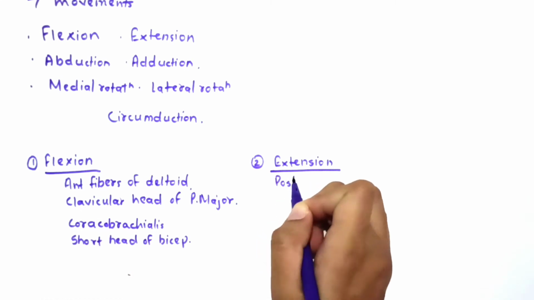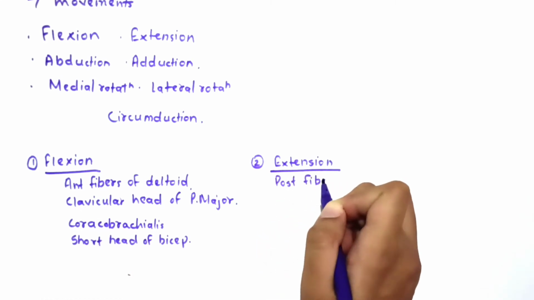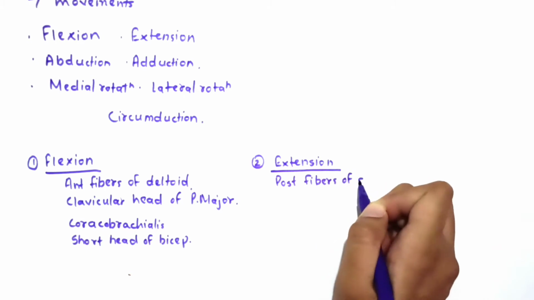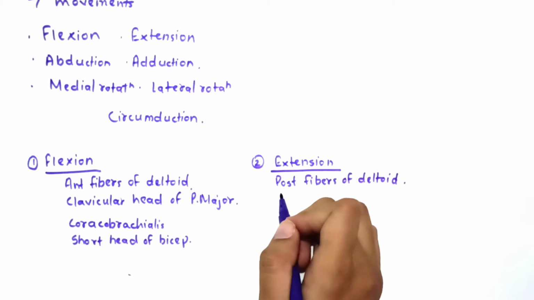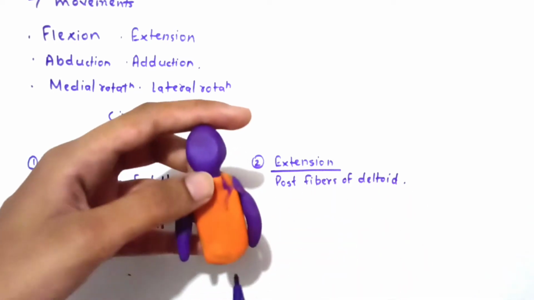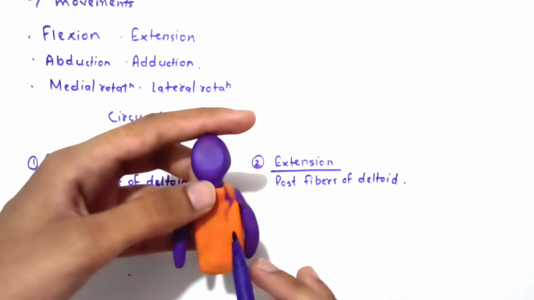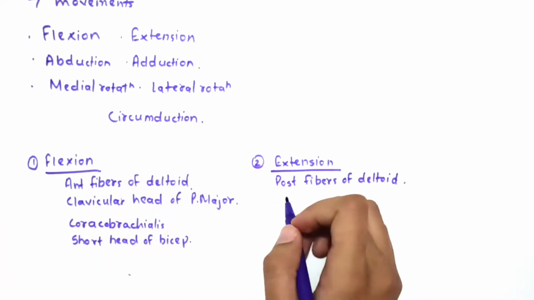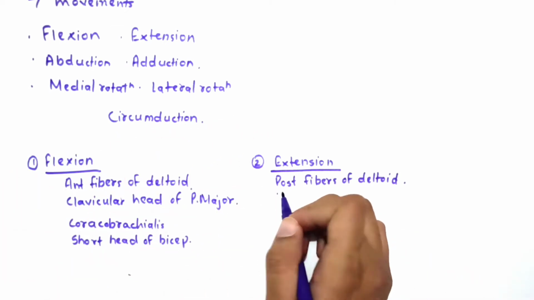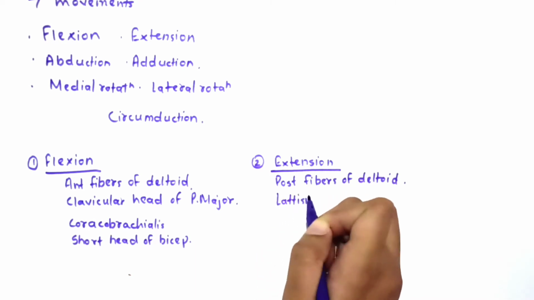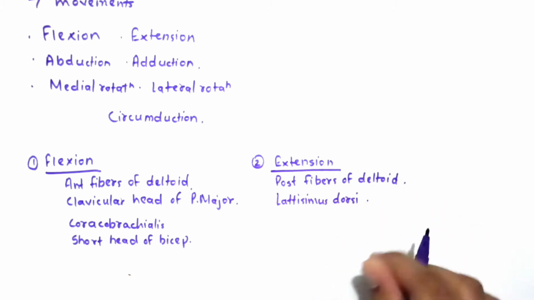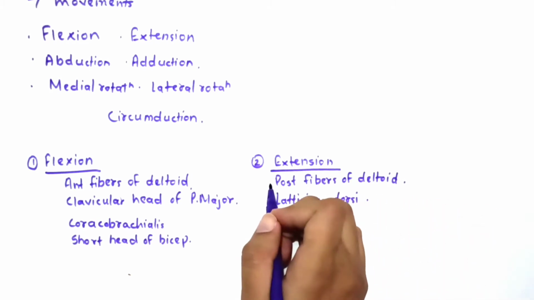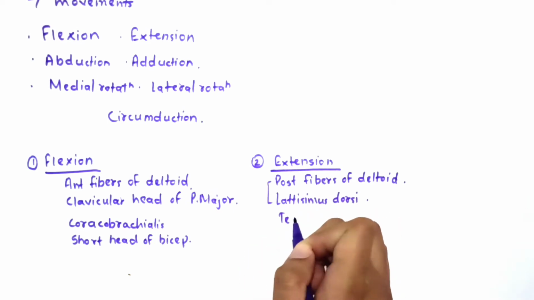The posterior fibers of deltoid, and one big muscle which is originating from here and inserting on your arm is also helping you to pull back your arm to the normal position. That is latissimus dorsi muscle. So these are two main muscles, and then the accessory muscles are teres major,